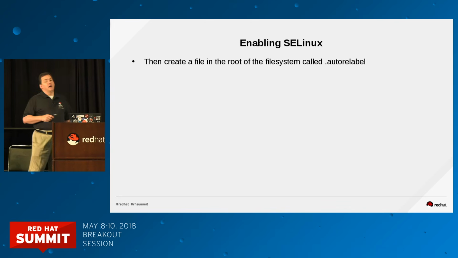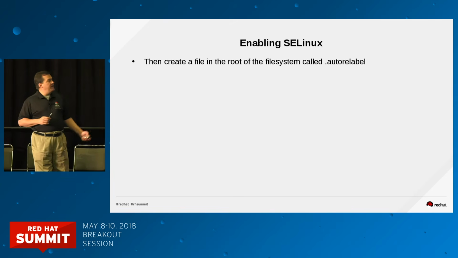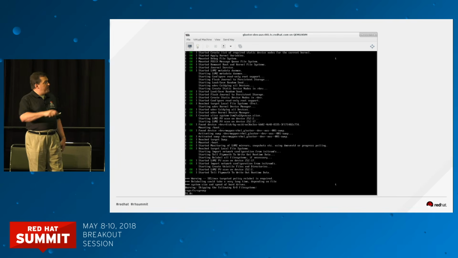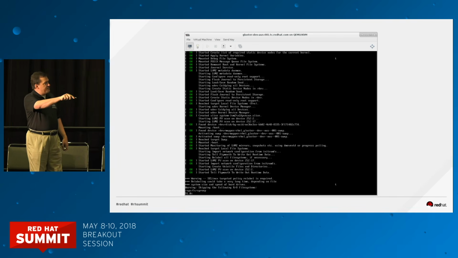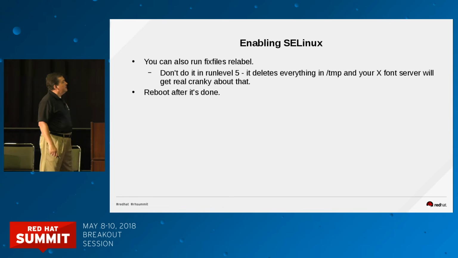I reboot the machine after I create a file in the root of the file system called .autorelabel. When I do that, I create that file and I reboot, it's going to come up and you're going to see a bar creeping across the bottom. It'll take roughly the same amount of time as it takes to do a file system check because it's relabeling